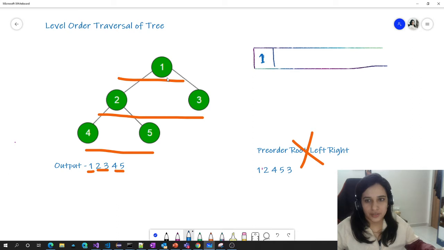Now I'll process this 1. By processing, I mean that I will see if there are any left and right children, add them in the queue and print 1. For example, I processed 1, I printed 1, and at the same time, I added the children of 1 into the queue. The left child is 2 and the right child is 3. I added that into the queue.